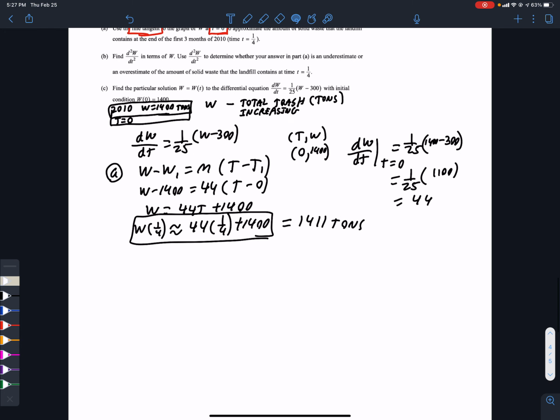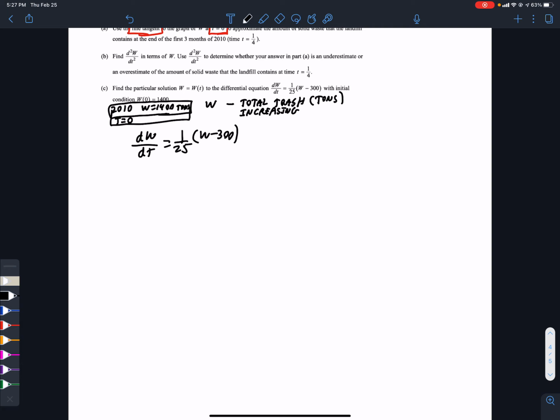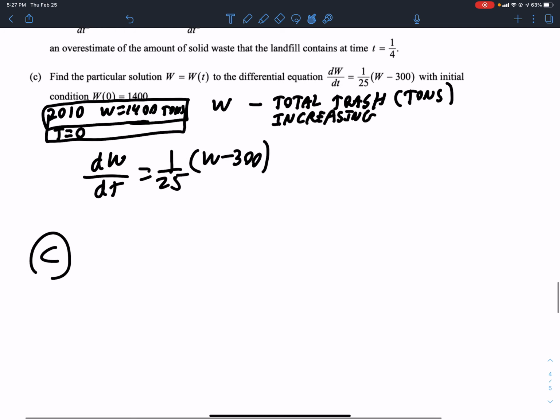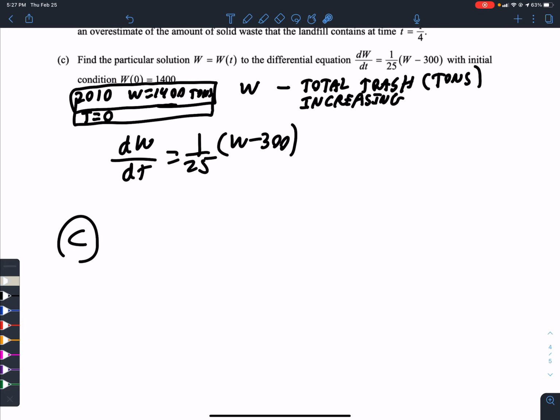Should I erase more? Yeah, I'm going to erase all this. I don't think I need it. So part C. Find the particular solution. So we want to solve for W, right? With the initial condition of 0, 1,400. So to solve for W, I need to integrate this, but W is our function,